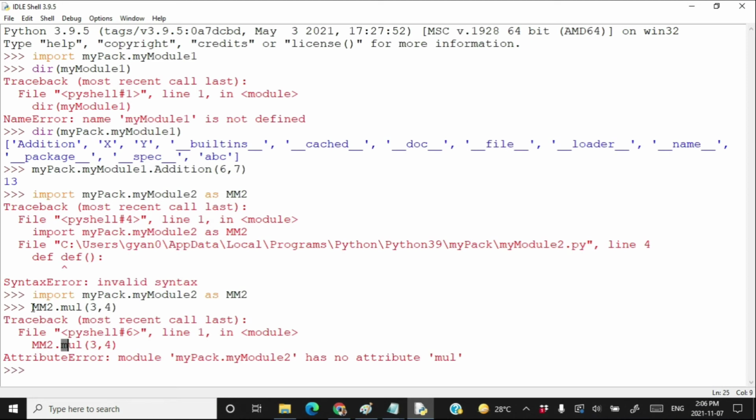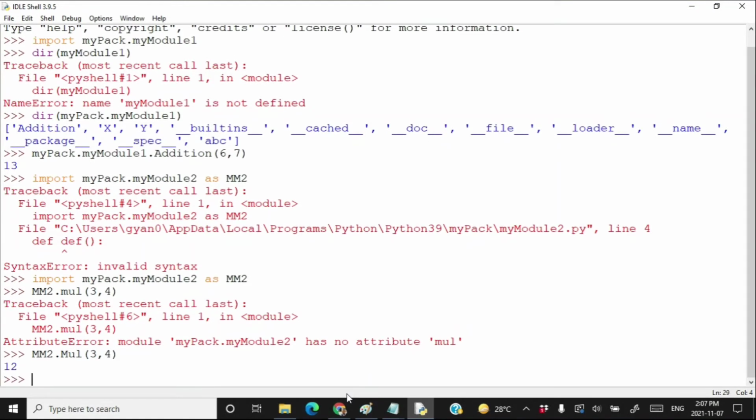That's why we are getting this error. So write it, copy, paste. So hopefully you are learning from all the mistakes I am showing here. Right here, capital M. These are common errors people make when they import packages, when they create packages. So you should always be aware of such mistakes. So mm2.mul 3,4 and it says 12.